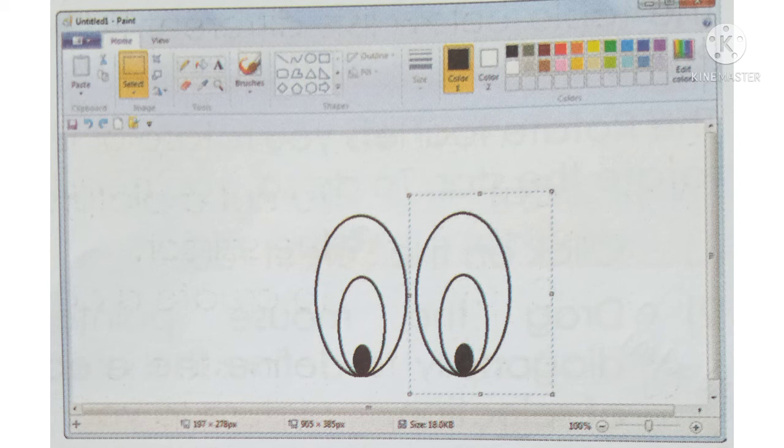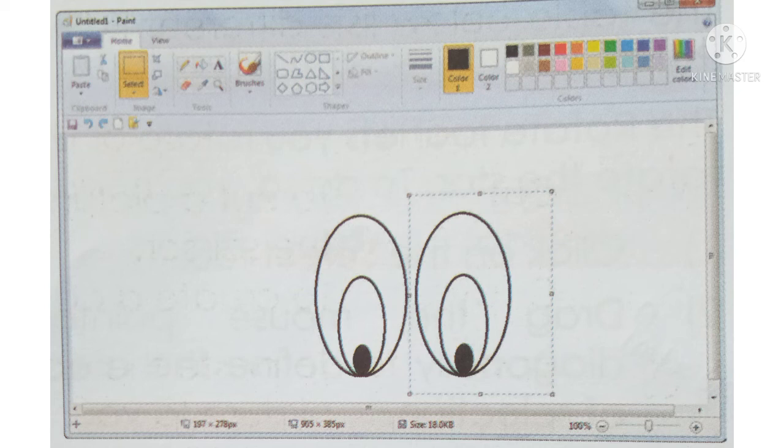Number 4, the copy of the eye will be pasted in the top left corner. Drag the copy of the eye and place it next to the existing picture of the eye. Now we have a pair of eyes for the cartoon character.